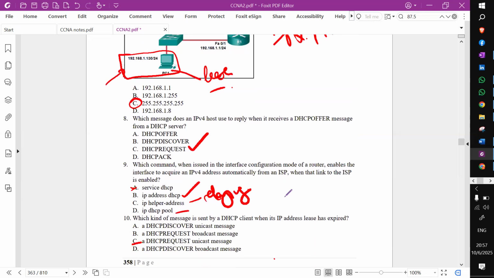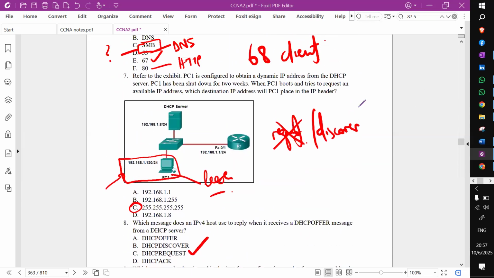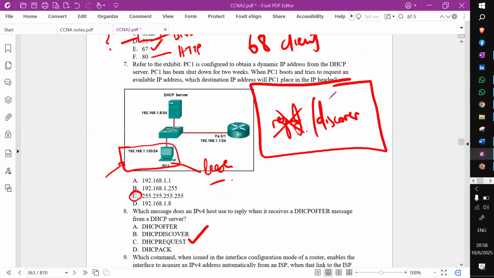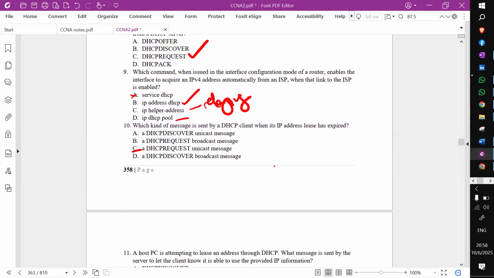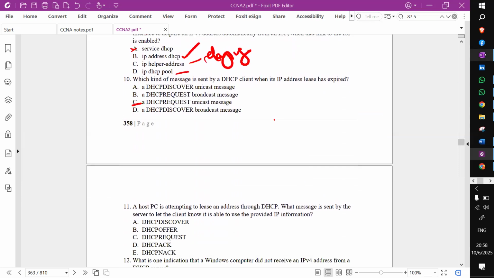Right. Let's go through the process. I wanted to come back here. We said after 2 weeks, the lease is probably expired. What's the difference between an expired lease and not having an IP address? I hope someone is hearing me. Right. So